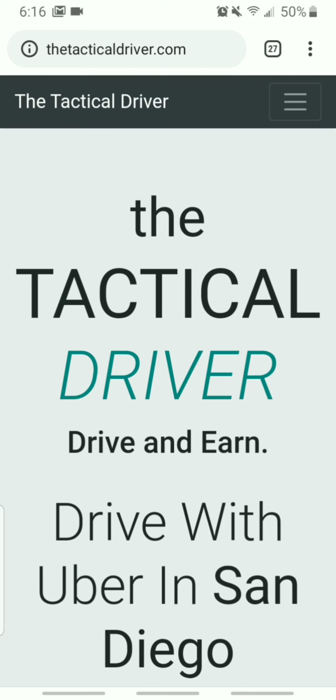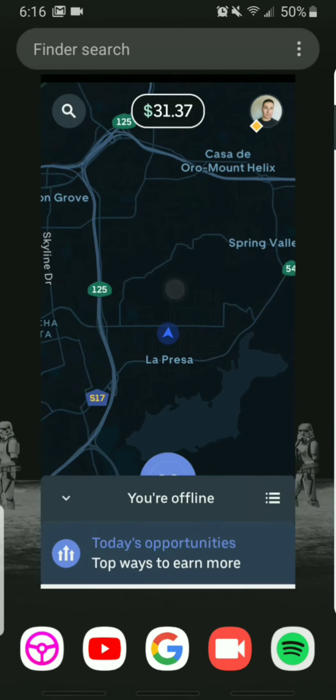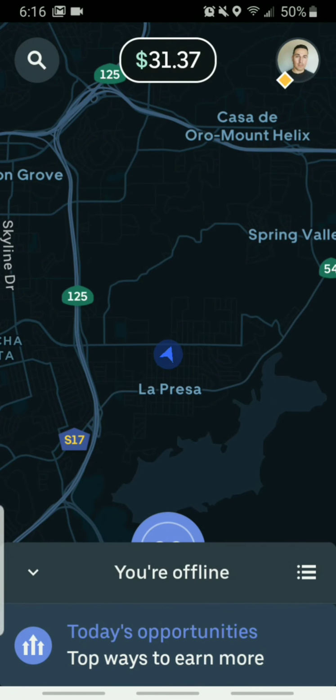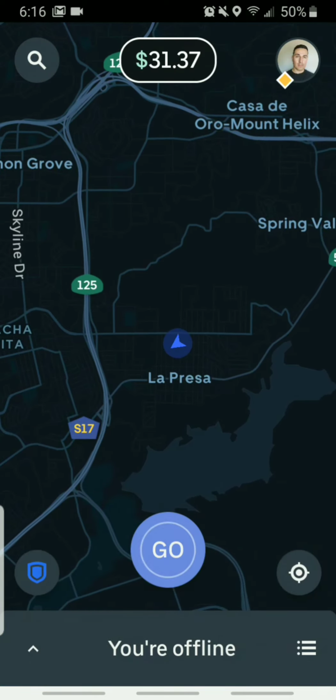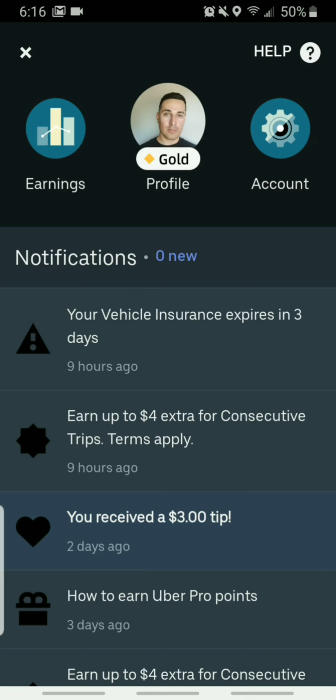But I want to show you guys how to do it if you already signed up and you've been driving for the past few days, hours, or whatnot. So let's go into the Uber app, the driver app. I already have it here. You're gonna click on your little icon in the top right. Click on your picture. From here, you're gonna go to your